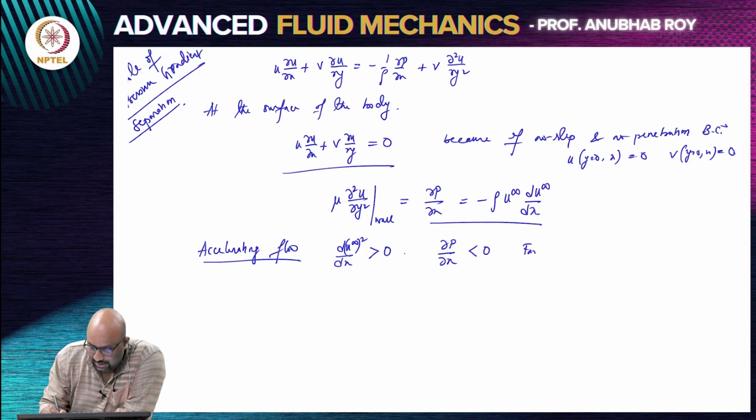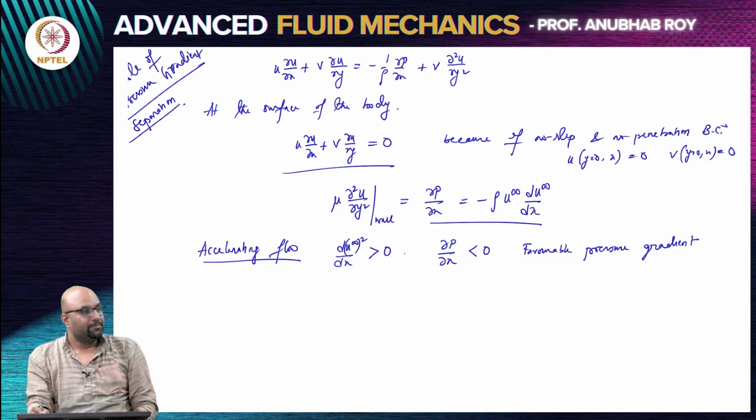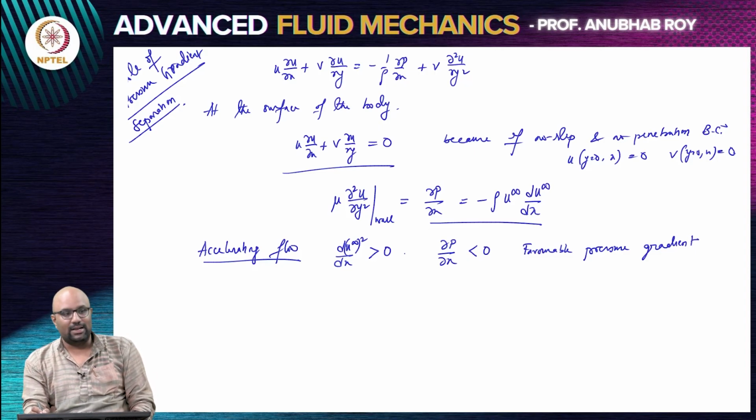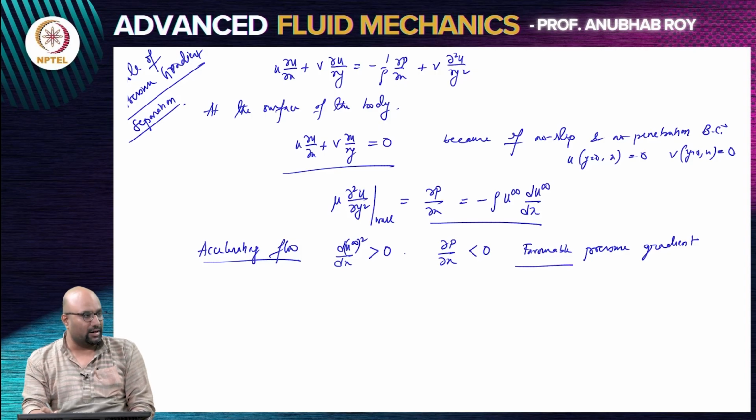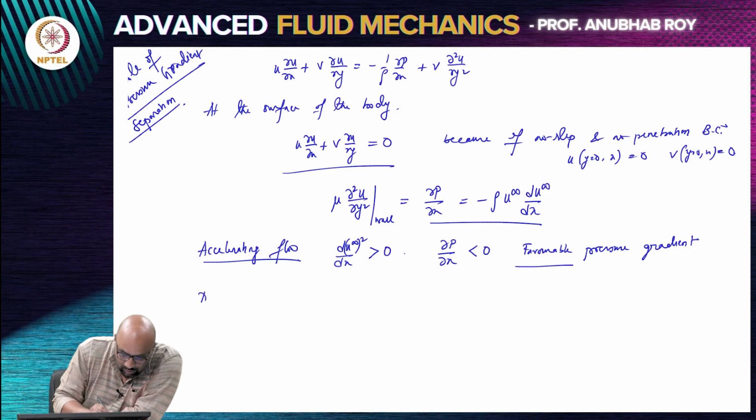This is known as a favorable pressure gradient, and you will see very soon why the terminology favorable is used. Why are we attaching an adjective to the pressure gradient? We can just say that there is a negative pressure gradient where pressure drops as we keep moving along the flow, which means I am moving from a region of high pressure to low pressure. I could have just said that, but right now I am giving a qualifying adjective calling it a favorable pressure gradient. In contrast to when you have a decelerating flow,